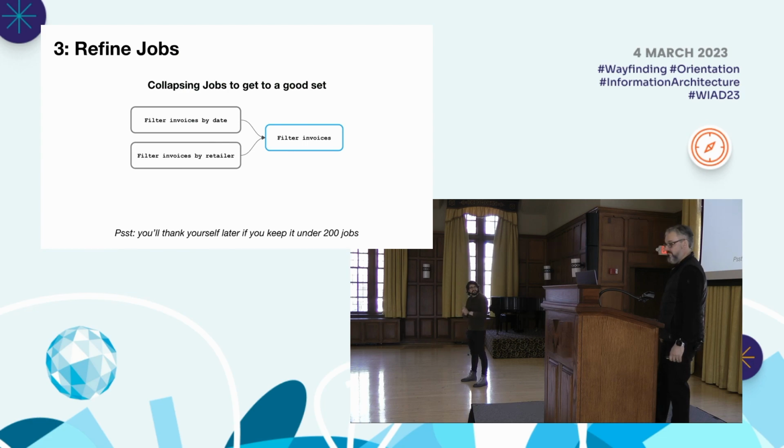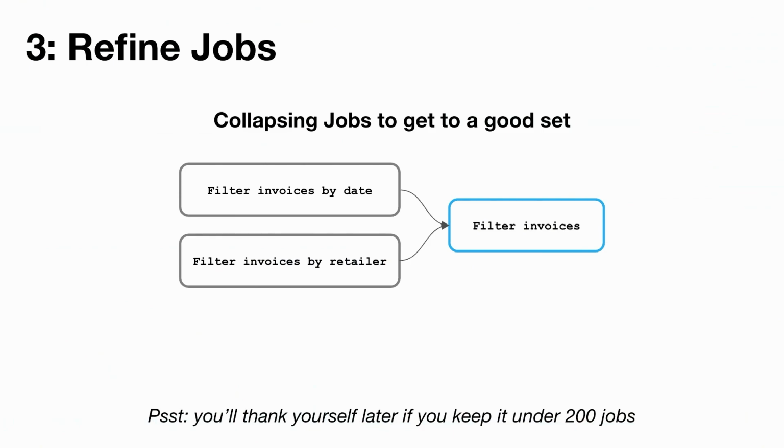We found that if you, in the end, have more than 200 jobs, you're going to be less than happy. Because, again, this is about getting your arms around this set of things and understanding what's going on. There's an upper limit to how many individual things you can keep track of and affinitize. So that can be a rubric for, do I need to start trying to combine some of these? Because I've got to make sense of them. And if I have 250, maybe I can start increasing the grain size of some of these to get it down into a more manageable set.